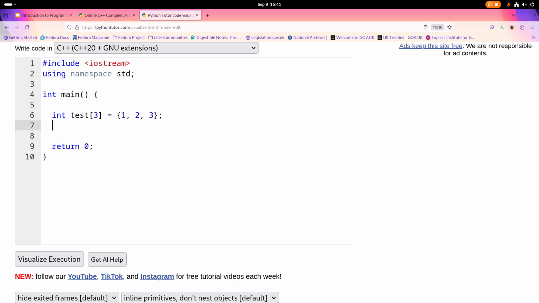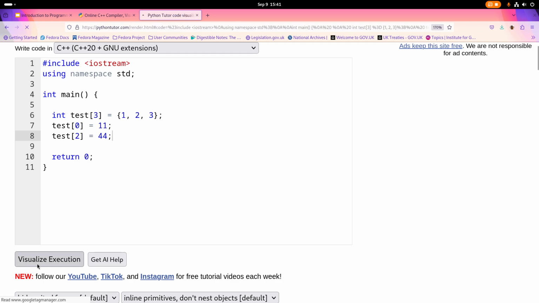So let's say, for example, I wanted to replace 1, 2, 3 with 11, 22, 33. That's easy enough to do. All I have to do is specify the position. So position 0, I want it to be assigned the value 11. In fact, let's put the last position, position 2. We leave position 1 alone. Let's say I want 44. All right, so if I visualize this,